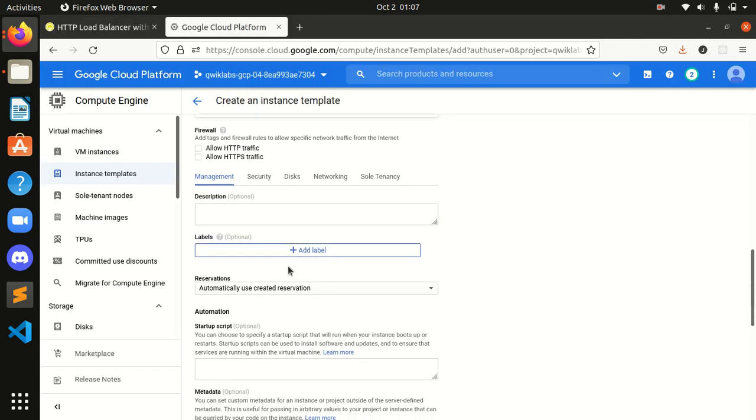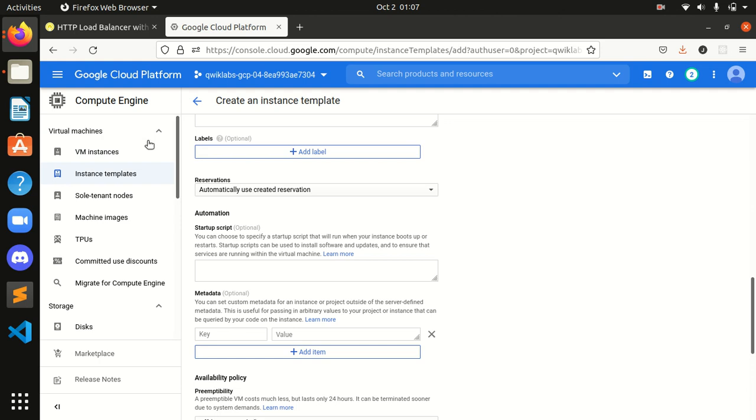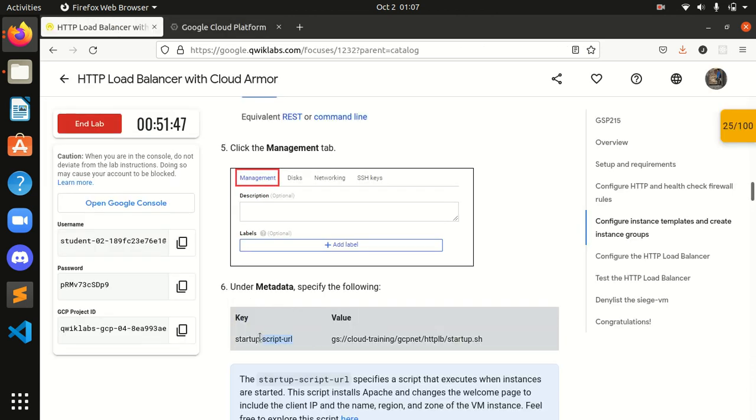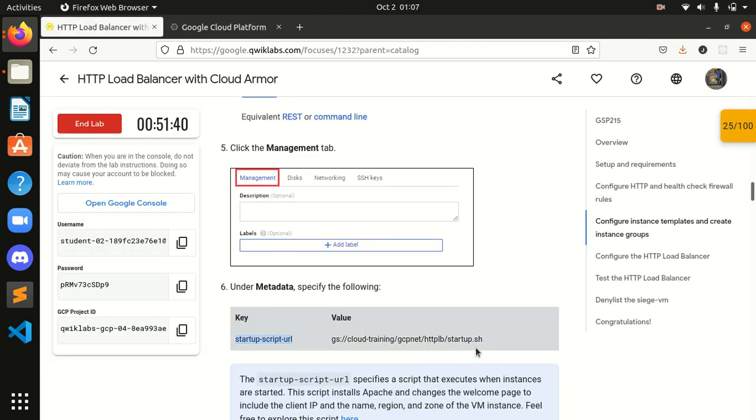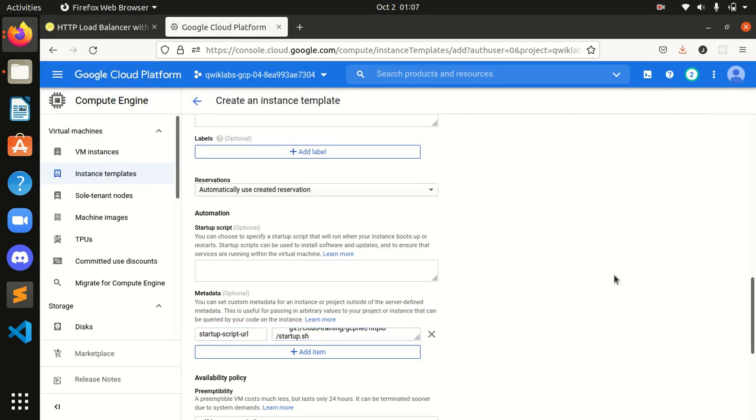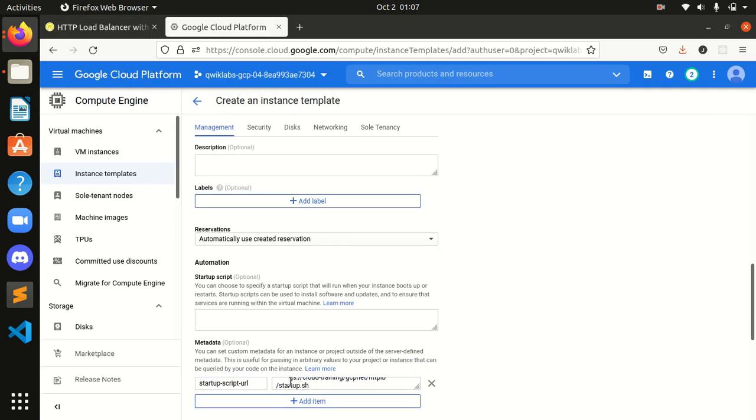Under the metadata, okay, where it is, this is the metadata. Okay guys, do as it is what I am doing.